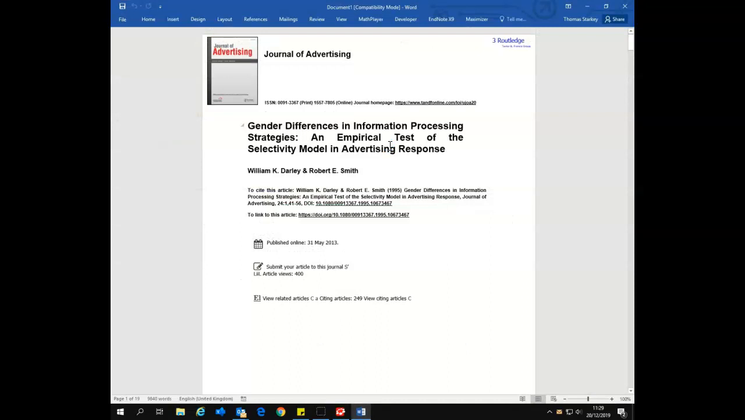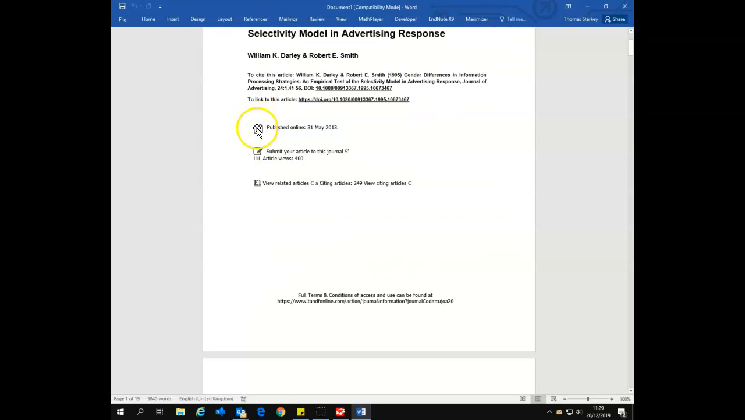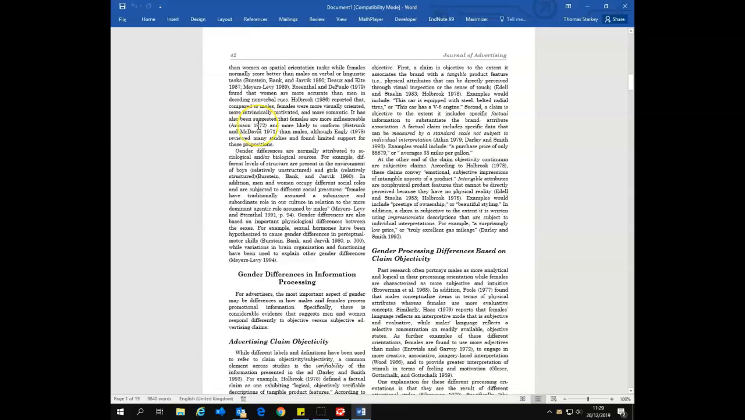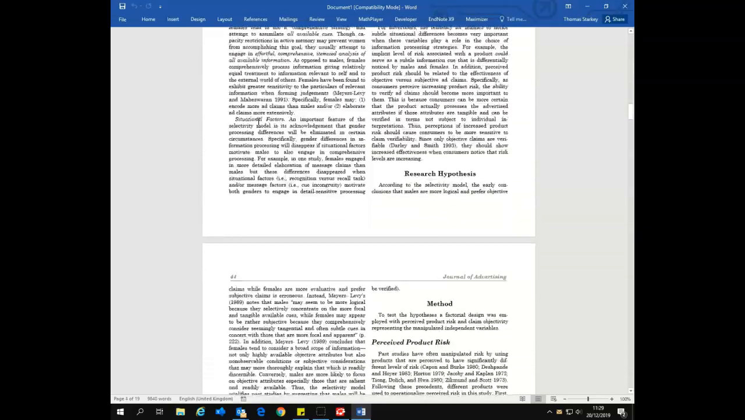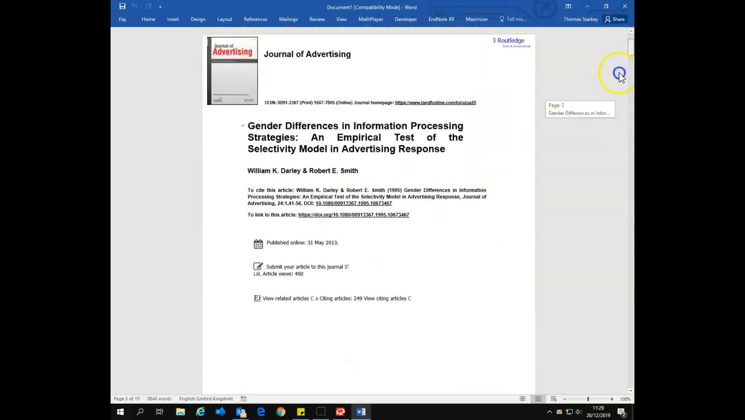Okay, so what we have now is an open Word document. It opens the Word document automatically, and it has transferred the information into a Word document. Now that Word document can be edited. For instance,